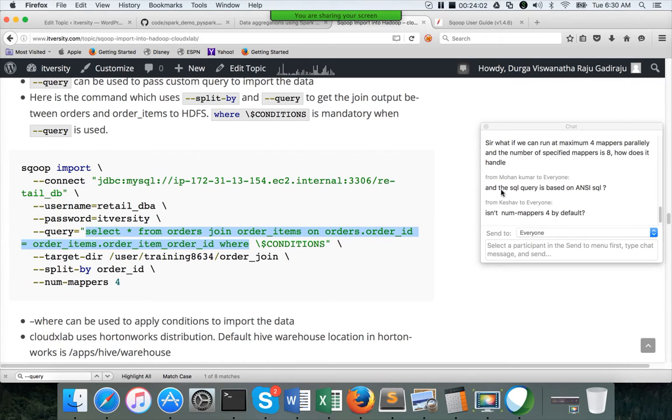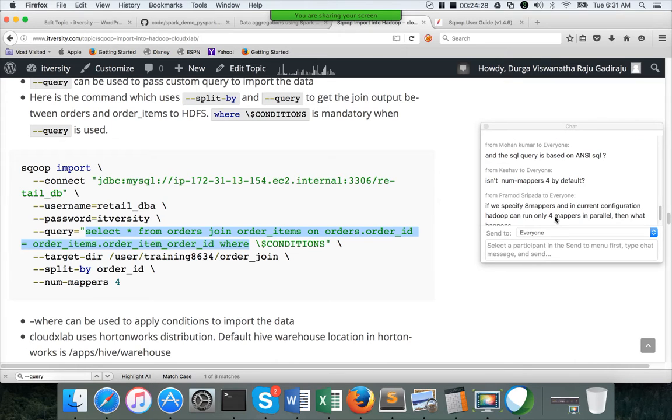Okay. Sqoop does not validate whether this query is ANSI SQL or not. It will just assume that whatever query you are passing is the correct query for the source database, and then wrap it with some other additional features, such as applying that where condition to get min and max values, etc., and it will submit the query inside the database.